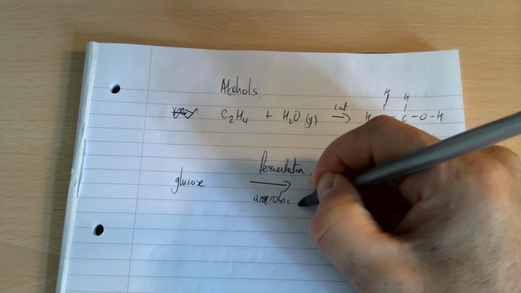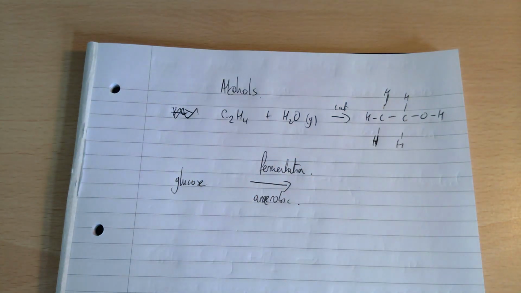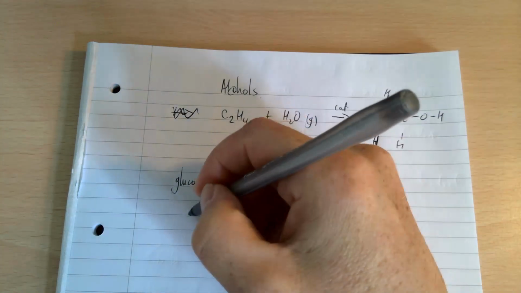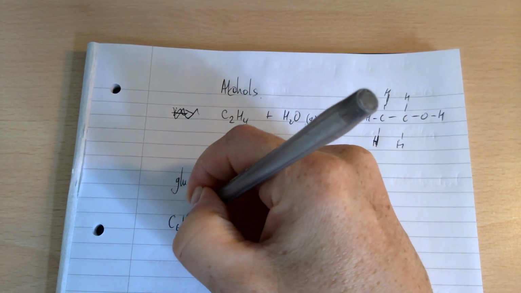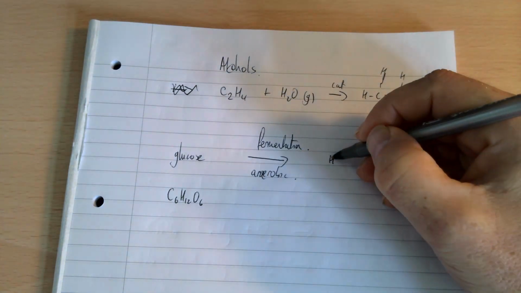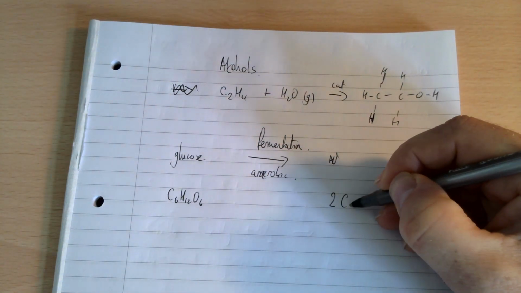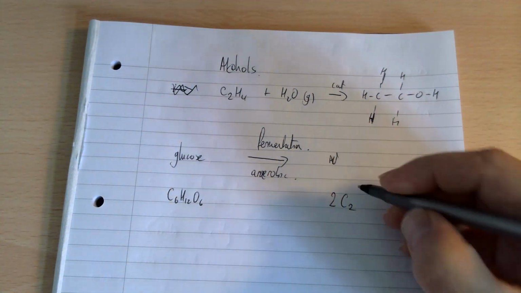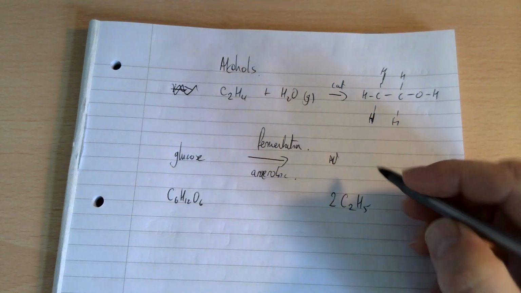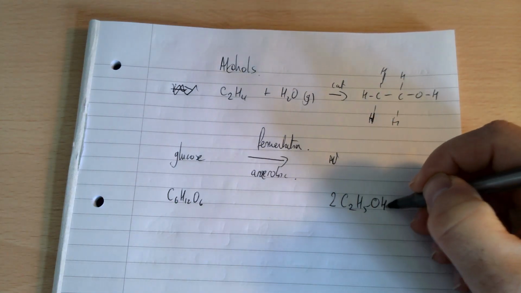So without oxygen, glucose undergoes fermentation, and you end up getting ethanol produced. Glucose is C6H12O6, you know from biology, and we end up with two ethanol molecules, C2H5OH, that's the CH3CH2OH,